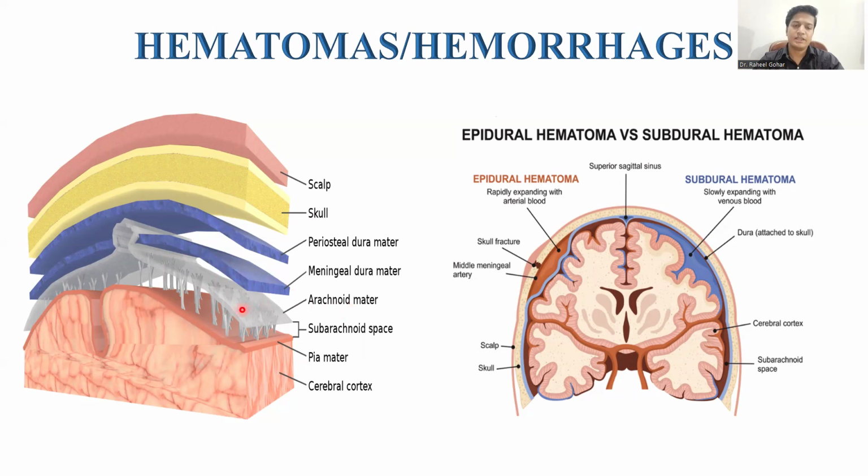So first of all we are going to discuss the epidural hematomas and the subdural hematomas. So what is epidural hematoma? If it is outside the dura mater, then it is known as epidural or extradural hematoma. And if it is below the dura and above the arachnoid mater, it is known as a subdural hematoma. Okay, so this is the difference between them. Now again you can see here